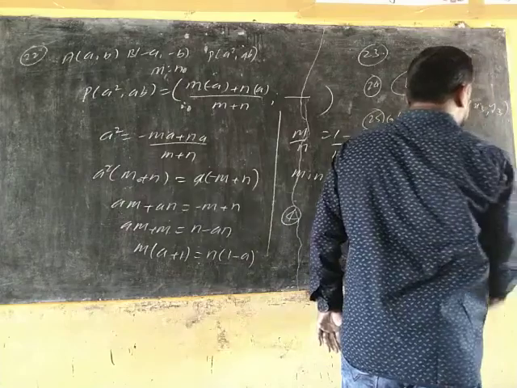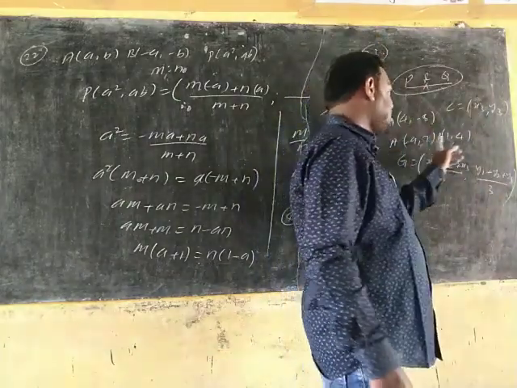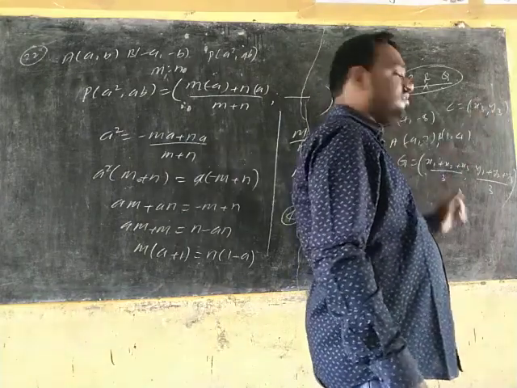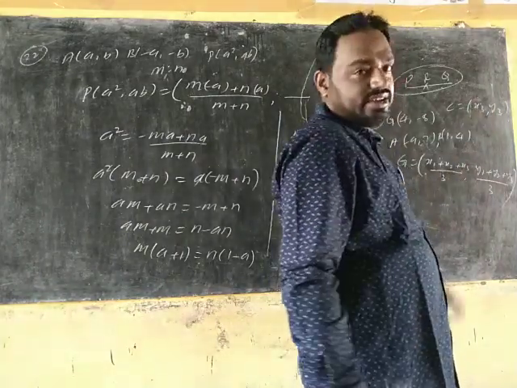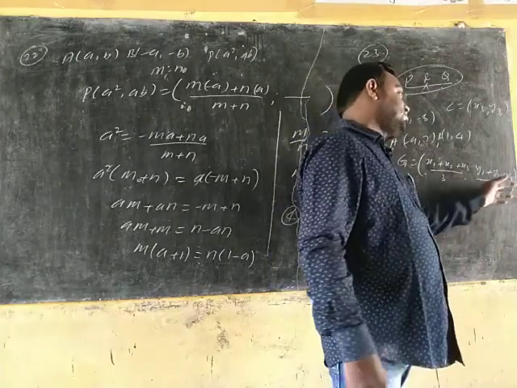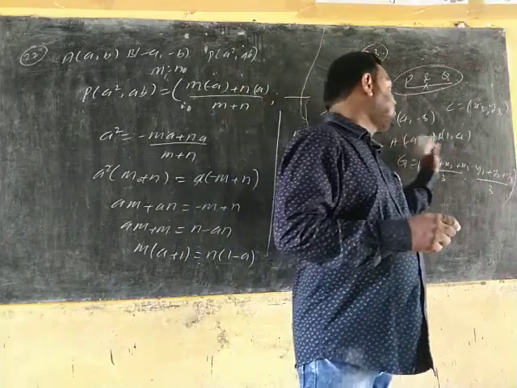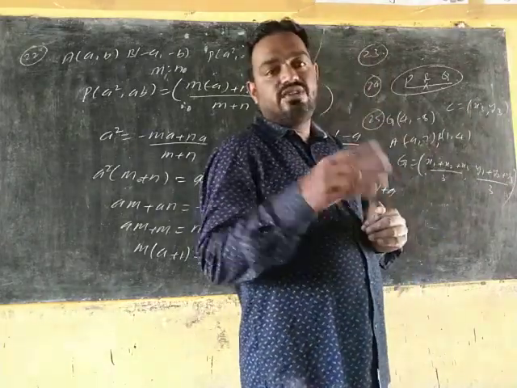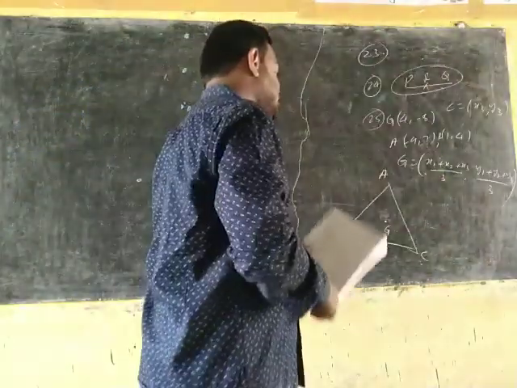Centroid of the triangle G coordinates we have 4 comma minus 8. Minus 9 plus 1 plus x3 by 3. By comparing x coordinates you are getting the x3 value. By comparing y coordinates you are getting the y3 value. Then we know all 3 vertices A, B, C. Then you find the area of the triangle. This is the method to solve the question. So that is one method.